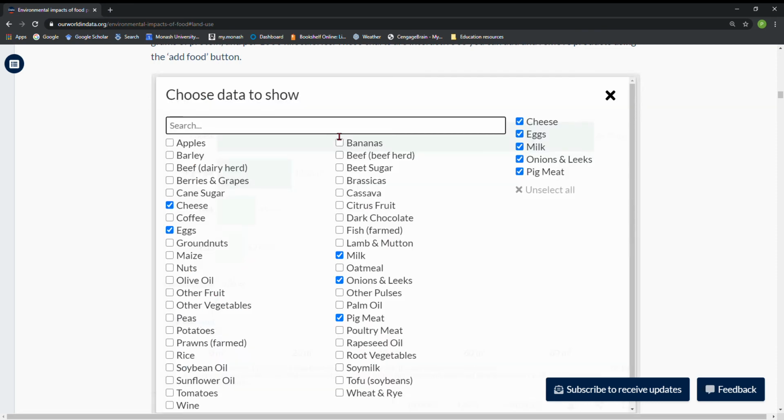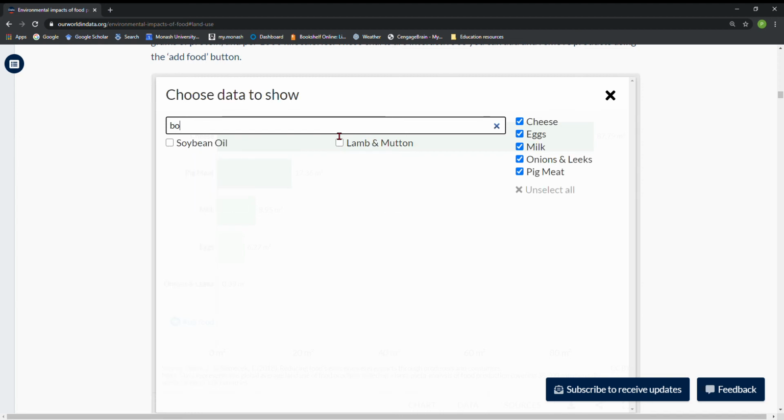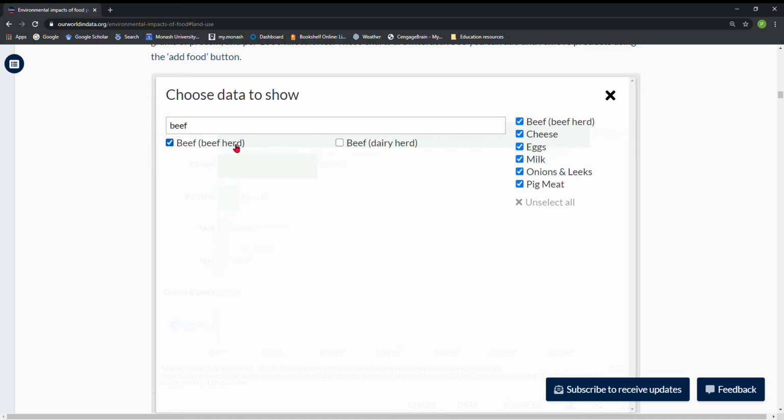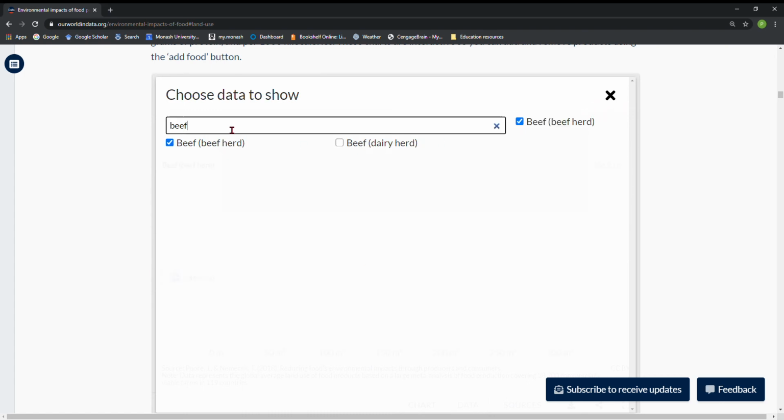So to make my bolognese, I need beef. Let's have some beef. So I'm going to have beef. Well, it's not dairy beef, it's beef. So I'm going to have beef. And I forgot to unselect all. So I've got beef, and then I also want onion, and I want tomato,